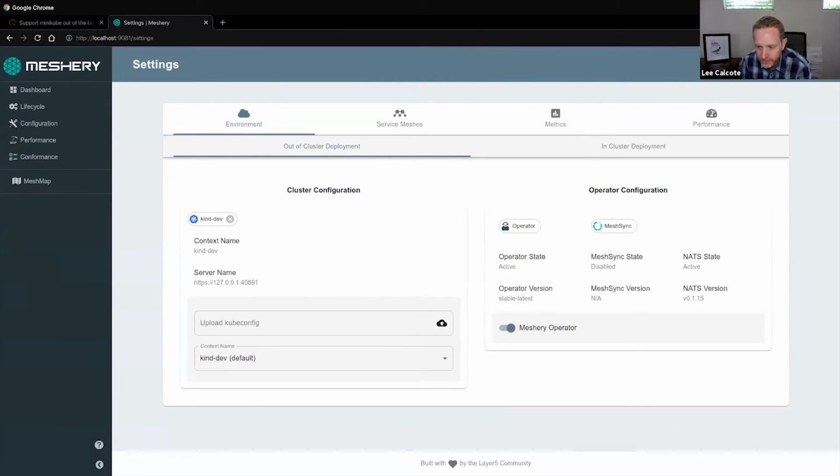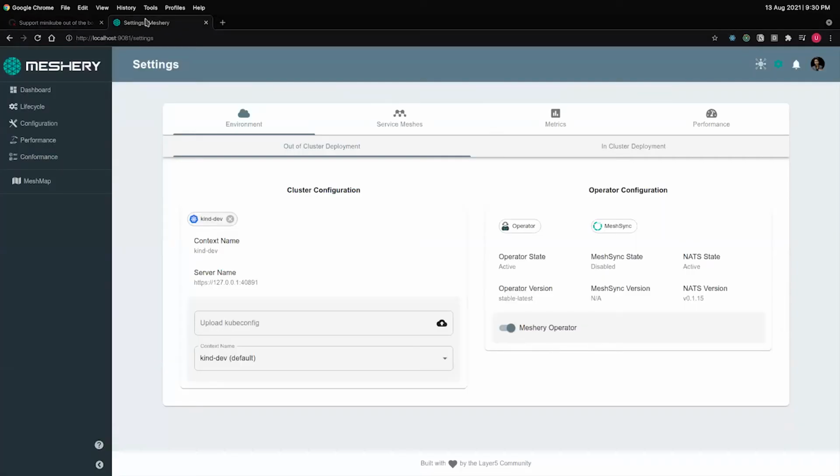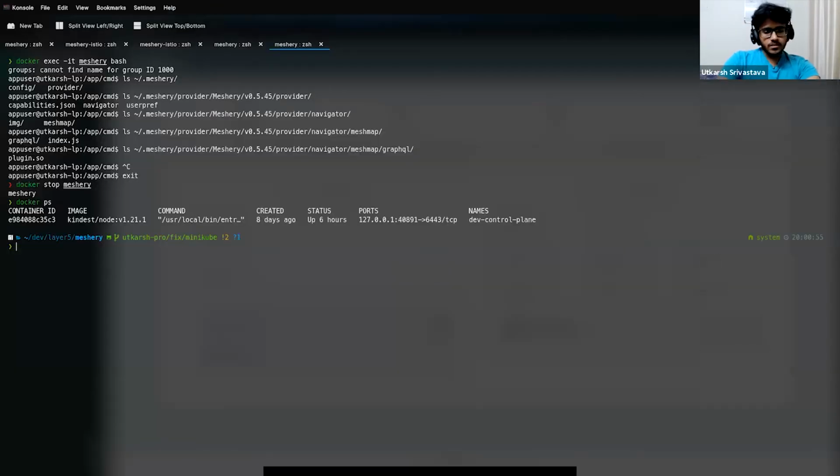Who's Drew? So you get the config from .minikube, right? For Minikube itself. Am I getting that right? So how do you prioritize between the kubeconfig and the Minikube config? You said by default it will check for config, right? For Minikube. No, so what it does is, if we look at my kubeconfig, it does